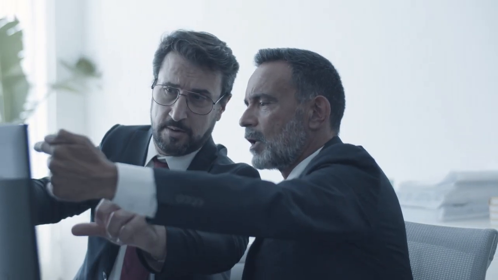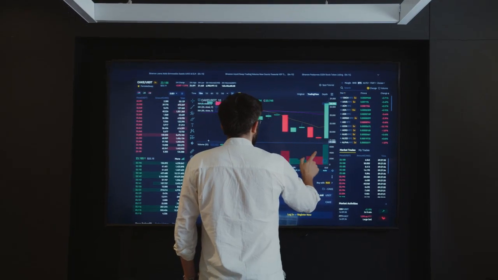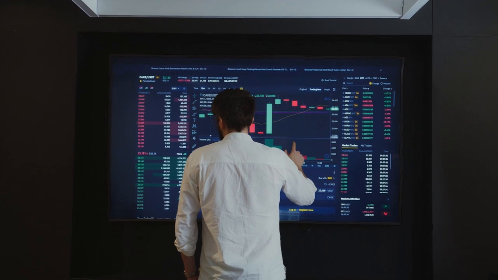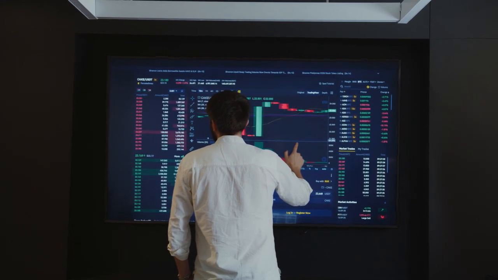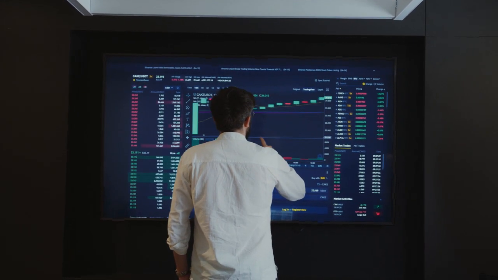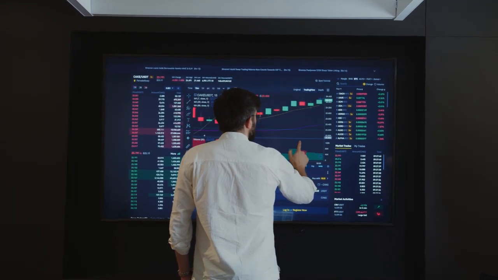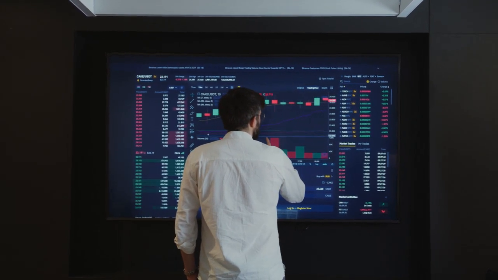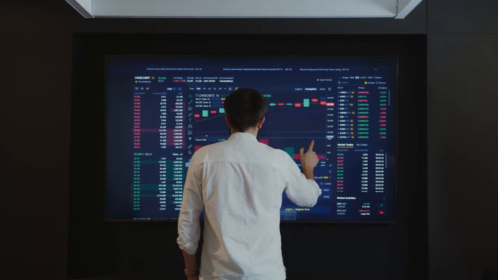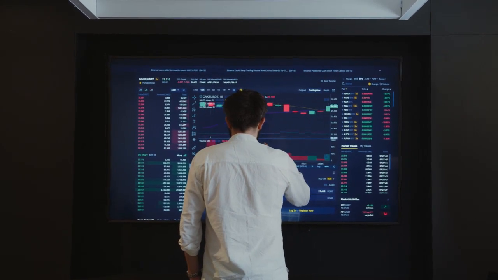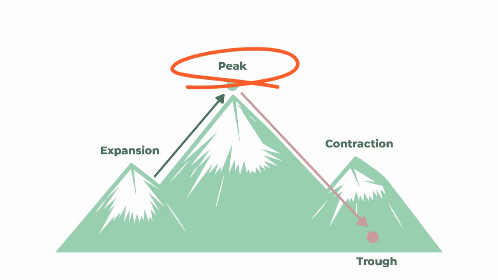During the peak phase of the economic cycle, the economy reaches its highest point but begins to slow down and prepare for the next phase. In this phase, investment opportunities may become more limited and risky. Some possible investment opportunities during the peak phase include rising sectors. Even as the economy begins to slow down, there may still be specific sectors that are on the rise. Investing in stocks or funds that track these sectors may be an option.